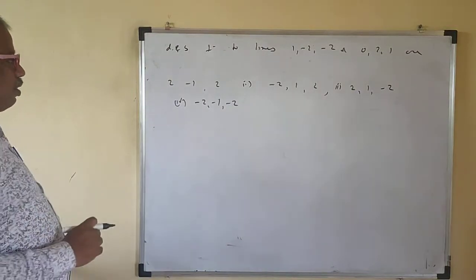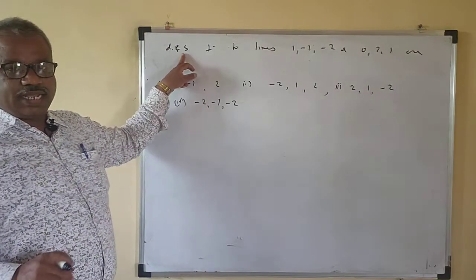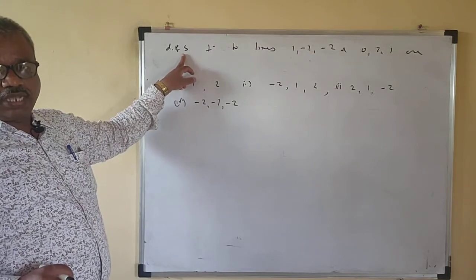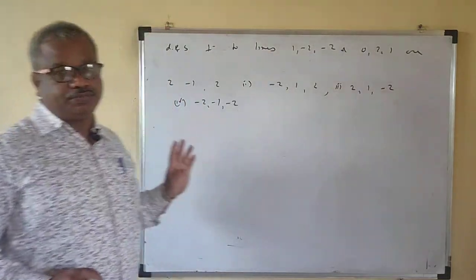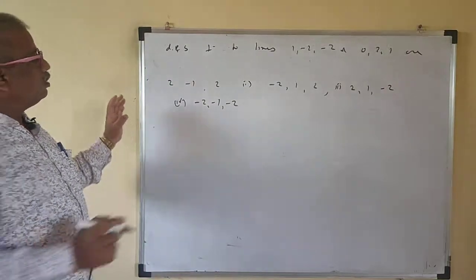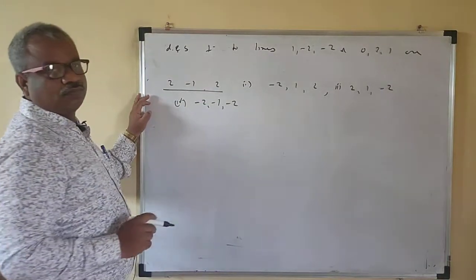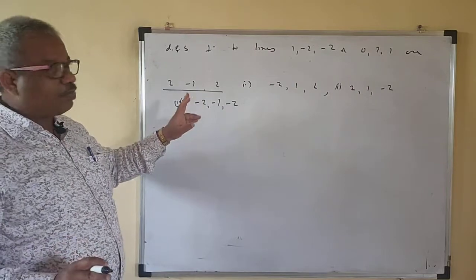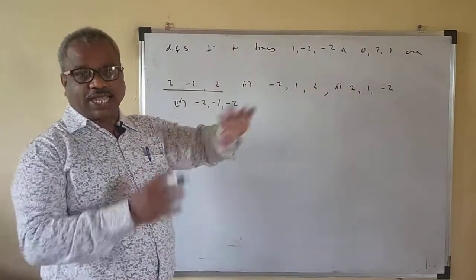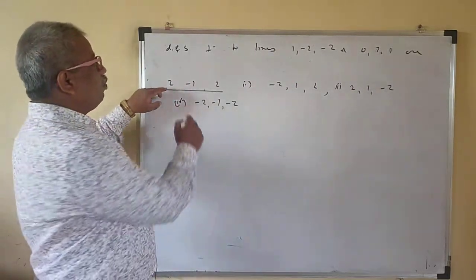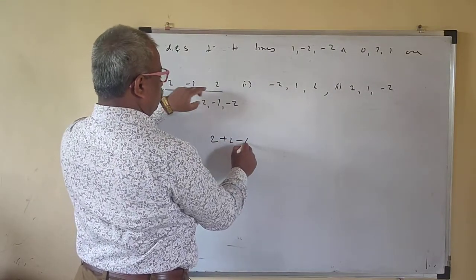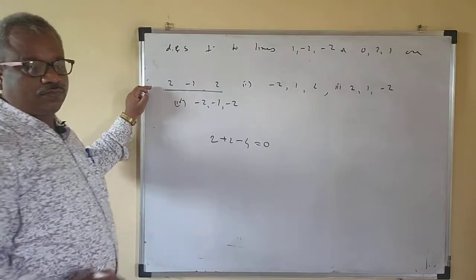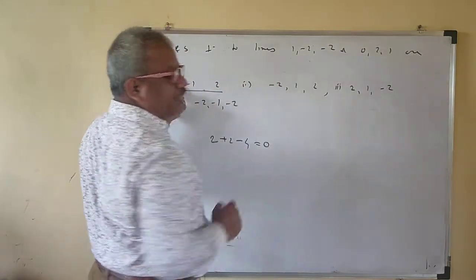Okay, so what we are given, we want the DRs of a line which is perpendicular to both the lines. So how to do this? Just pick up your option and check it, like a dot product. This is 2, then plus 2, minus 4, so this is 0. That means this line and this line are perpendicular.